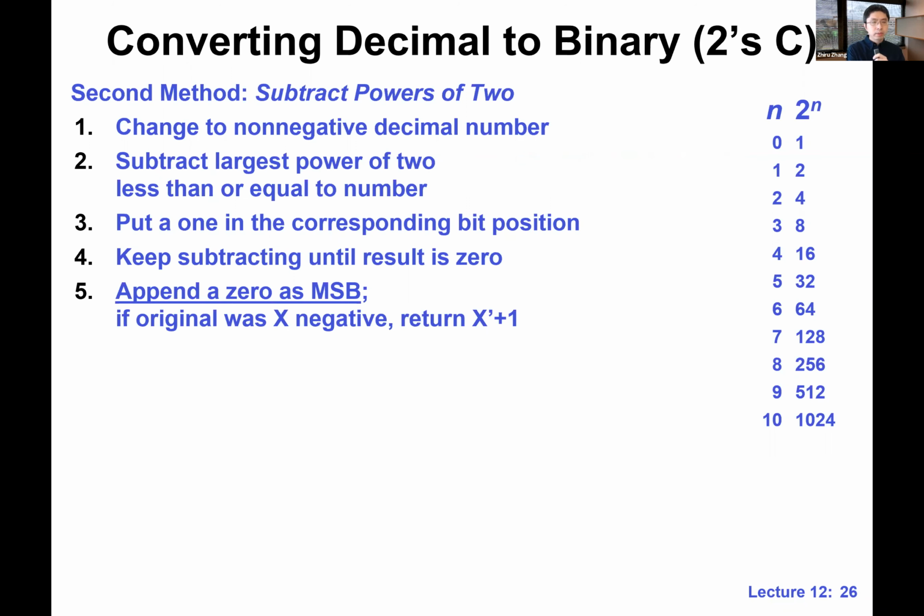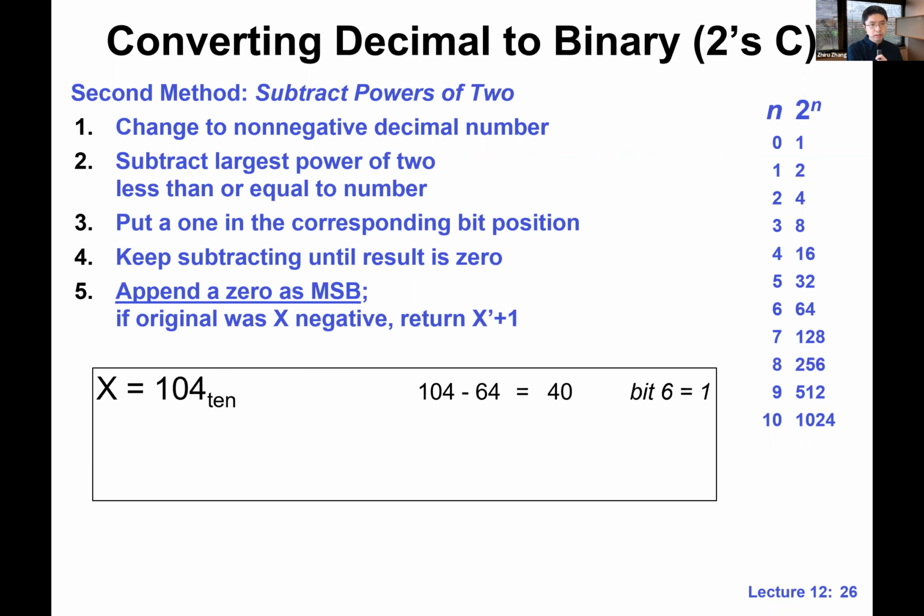All right. There's another method called subtraction. This is a subtraction method where we subtract the power of 2. What do I mean by this? Let me give you this same number. Instead of doing the division, let's try to find the closest power of 2. In this case, if you look at 104, the closest power of 2 which is no greater than